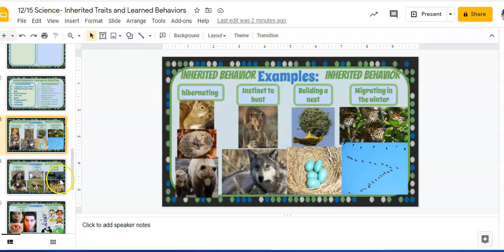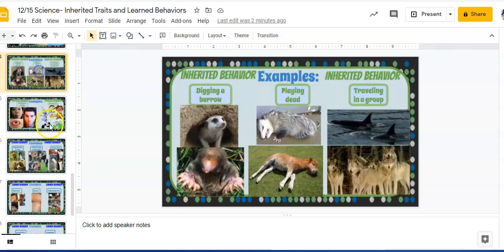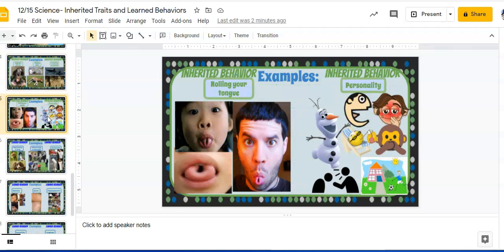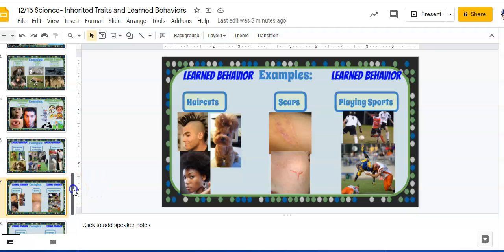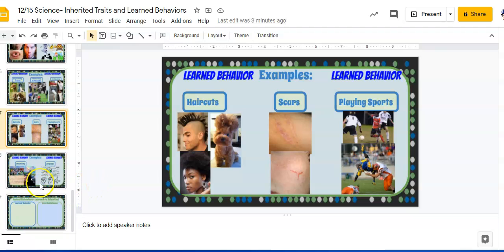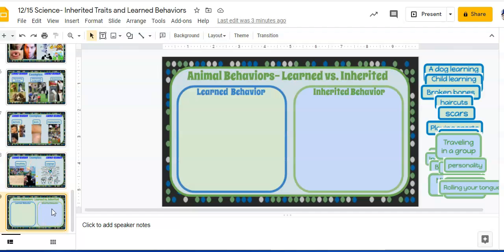All right, and then you're going to have several slides that give you a picture of what inherited behaviors are. You're going to look through each of those, and then some of those inherited behaviors. I know we talked about rolling your tongue was an inherited behavior. And then all the way through some learned behaviors. All right, and then at the very end,